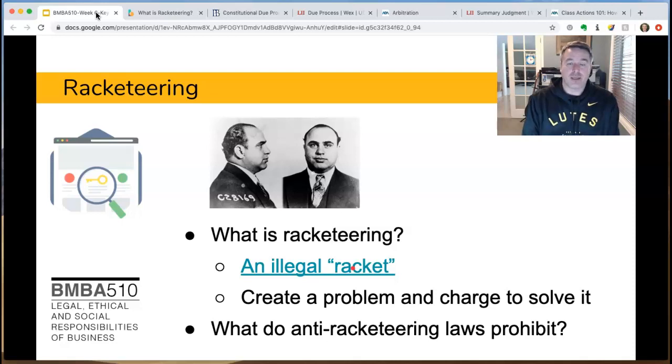Now, racketeering can be fairly broadly interpreted to mean any sort of bribe or extortion type of activity. That's the common use of it. So you'll see racketeering in other examples besides organized crime. You'll see it in some white collar crimes as well. If it turns out that a business is acting in that way, there's possible racketeering crime when there is this engaging in an illegal racket. Okay,